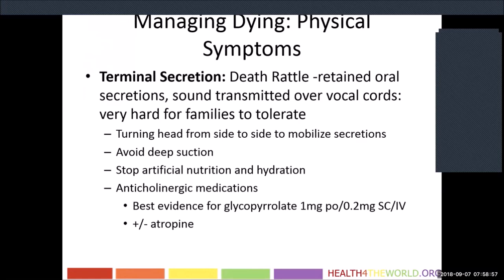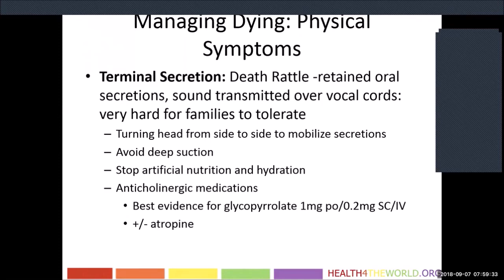So, okay, Kim, you said that this is incredibly important. How do we manage it? Well, first, most of it is secretions transmitted over the vocal cords. So you're going to move the head from side to side to mobilize the secretions. Occasionally, some patients will even be turned prone. More aggressively, I've hyperextended the neck. I've put in trumpets for patients who are morbidly obese. I lessen the amount of benzodiazepines I use because I don't want that to relax and have the tongue slide to the back of the throat. Thinking of all the physiologic ways to relieve it.